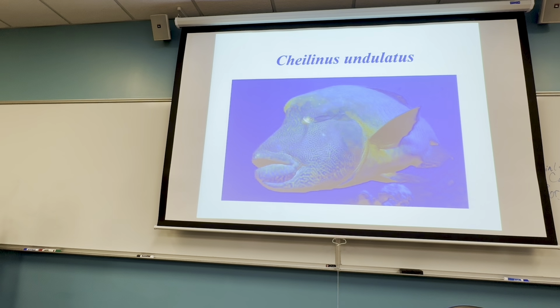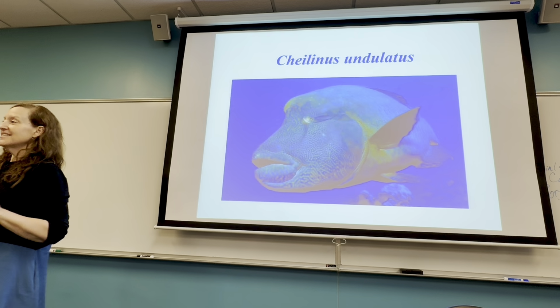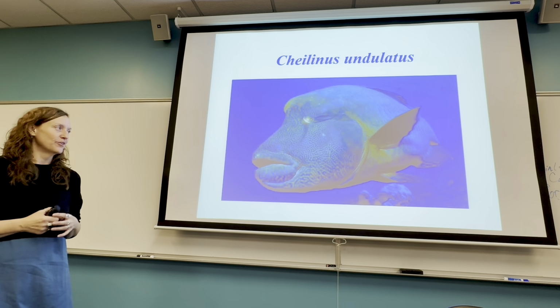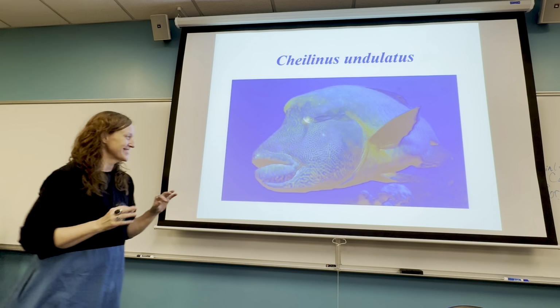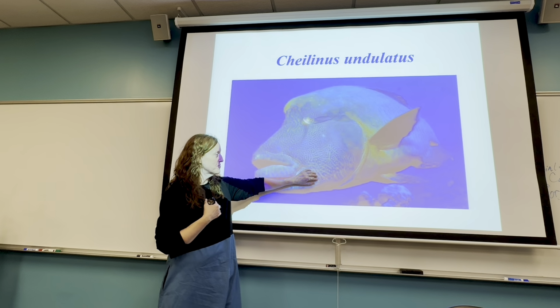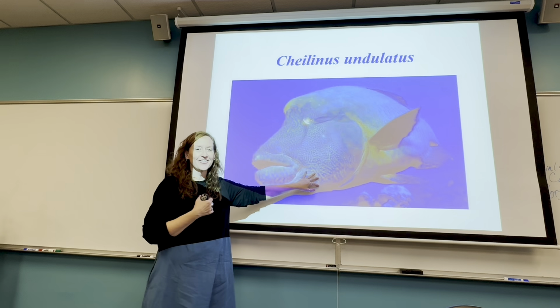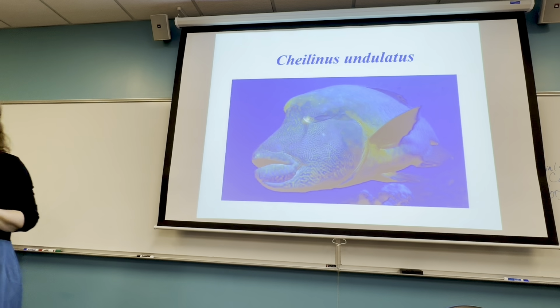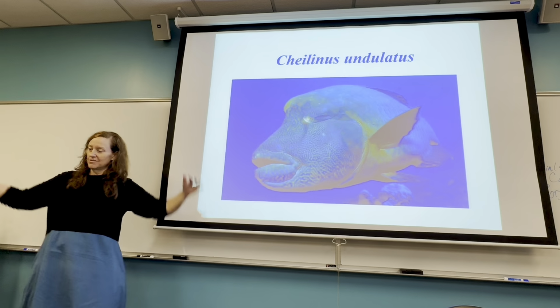Okay, so this is one of my favorite animals ever. This is called Cheilinus undulatus. I love this fish for a number of reasons. Let me give you a little bit of the natural history. This fish lives on the other side of the world in the Indo-Pacific. It's in a group, a taxon called the wrasses, and let me just point out a couple things. Blue is my favorite color, and this fish has a neon blue skin with a cool neon green pattern running through it. It's about this big.